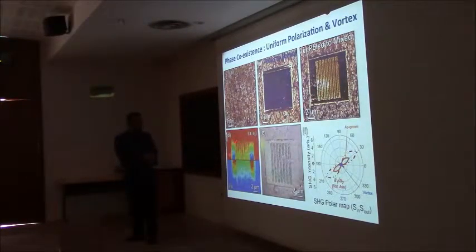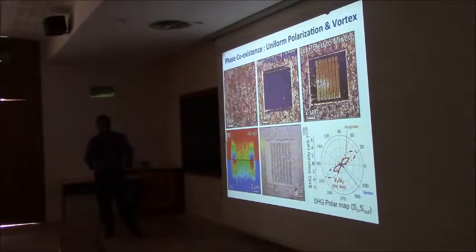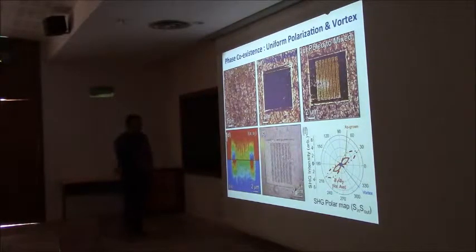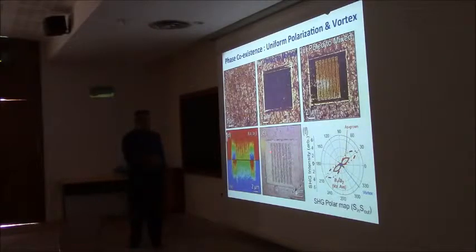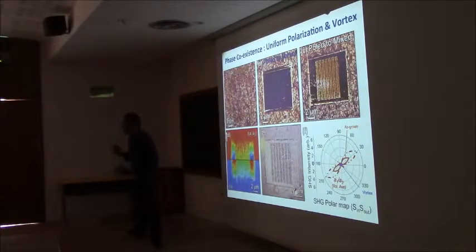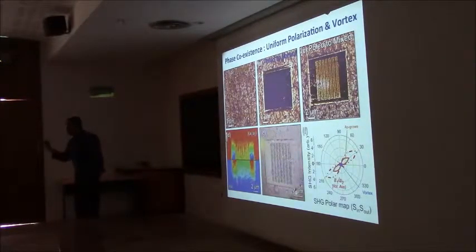Then I can go back and do an X-ray diffraction. This is nano diffraction, with a 30 nanometer beam size. I can pick up the structural distortions. And so this is the A1, A2, which is a ferroelectric phase, and the other one, of course, is the vortex phase. I can go back and do linearly polarized X-ray absorption studies, and indeed the vortex phase and the ferroelectric phase have different absorptions.